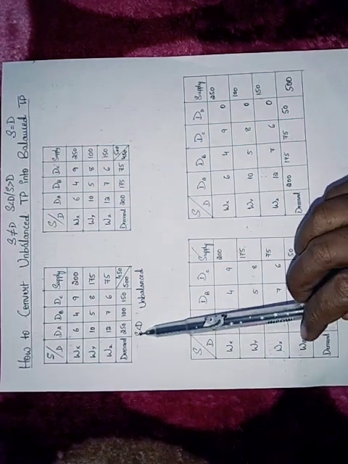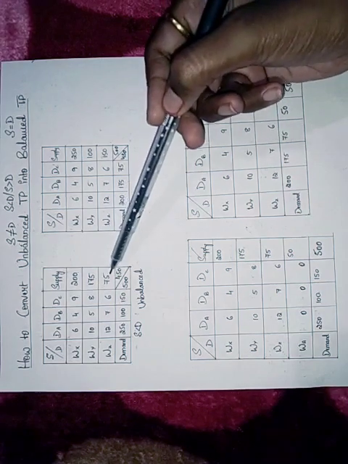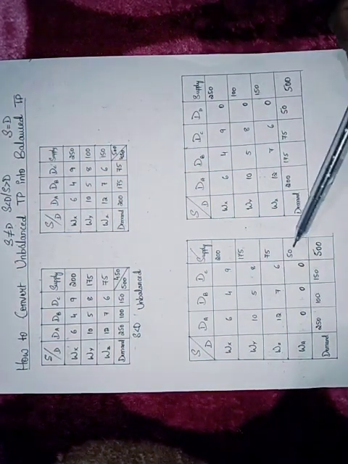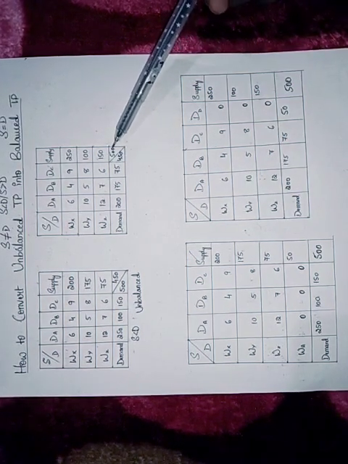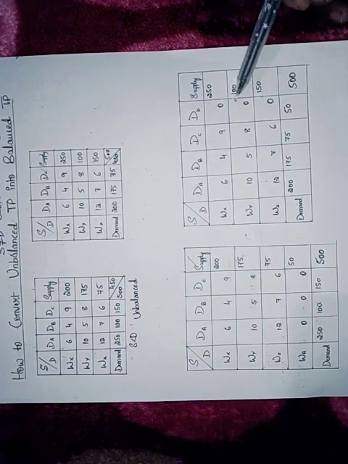Taking both the examples together, in the first, supply was less than demand, so I introduced a dummy warehouse to include 50 units. In this example, demand is less than supply, so I have introduced a dummy destination to increase the demand by 50 units. In this way we convert an unbalanced transportation problem into a balanced transportation problem. And always remember one thing, whenever we introduce a dummy destination or a dummy warehouse or source, the cost of such cells will always be 0.